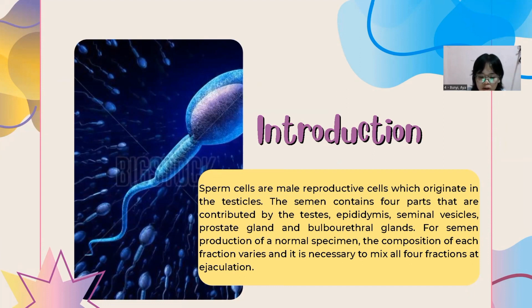The testes are paired glands in the scrotum that contain the seminiferous tubules for the secretion of sperm. The external location of the scrotum contributes to a lower scrotal temperature that is optimal for sperm development. Germ cells for the production of spermatozoa are located in the epithelial cells of the seminiferous tubules. Specialized circulatory cells provide support and nutrients for the germ cells as they undergo mitosis and meiosis, which is called